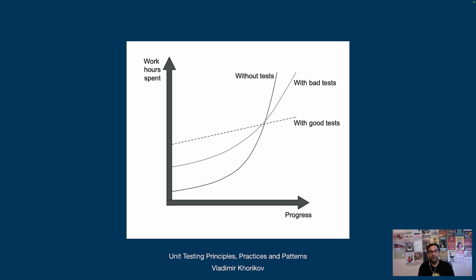But as the project progresses, you have some problems because you change something over here, it breaks something over there, you change something over here, and then the other 5 places are breaking, and without the test,